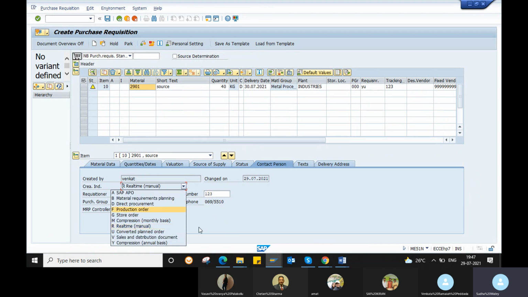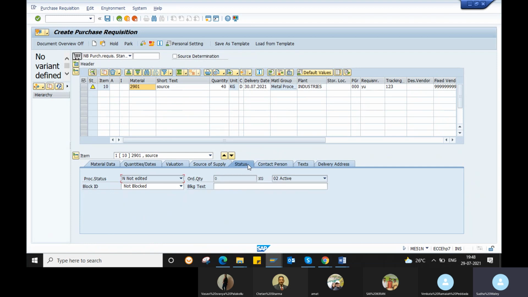So it would be helpful to track your purchase requisition. For example, in production, you are having an issue. Okay, you don't know how this purchase requisition got created. Then through this creation indicator, you can see whether it got created manually or through any different process. Okay, so that is the use of this creation indicator field.